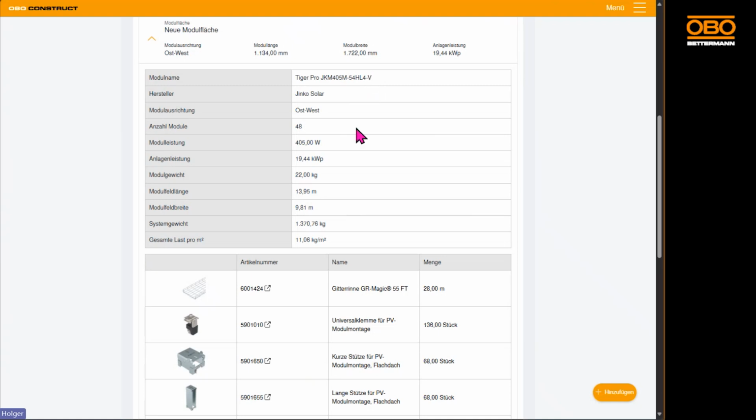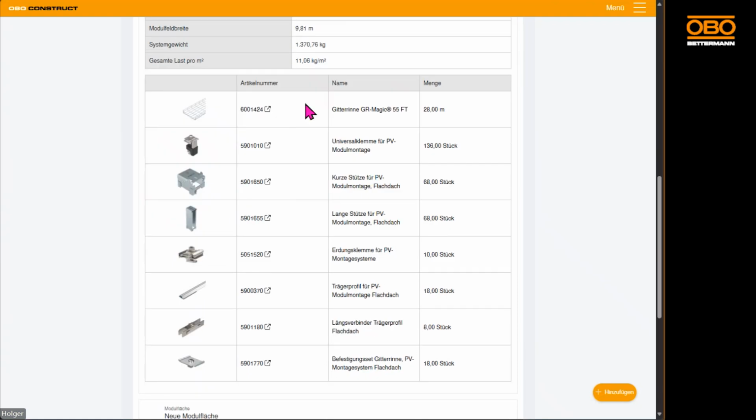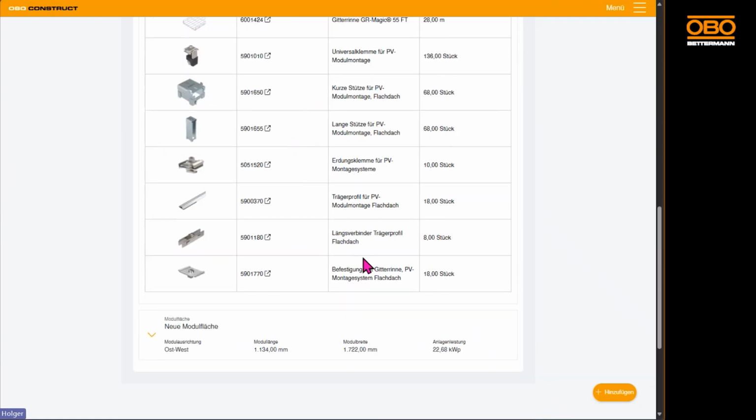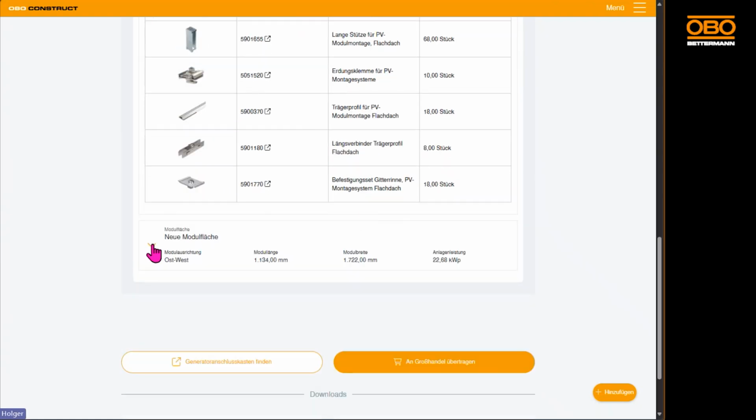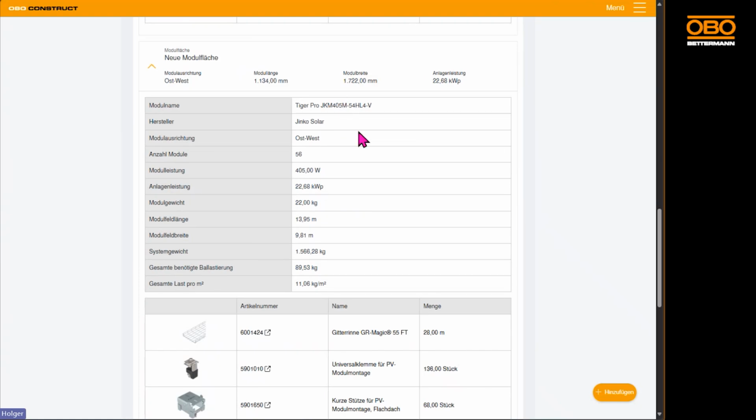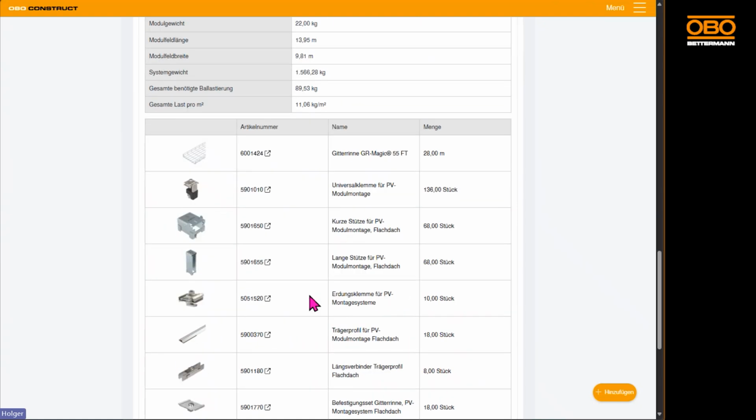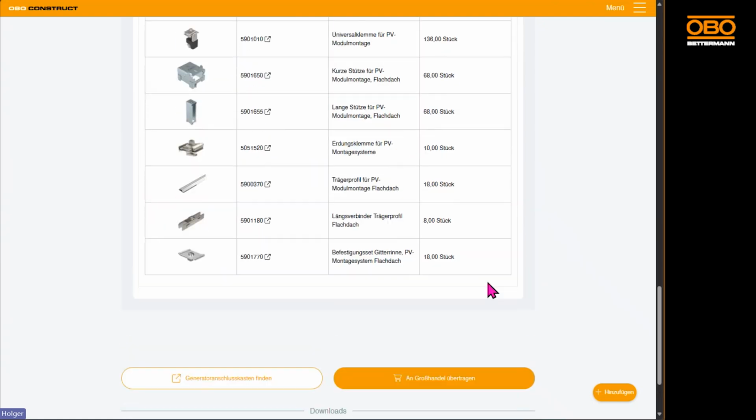I can also set up each module area individually to gather more details. Here, of course, the Tiger Pro module was used for both systems. I have 48 modules in the first module field. I have a total load per square meter of just under 11 kilos. Here, I can see again the individual items that are to be mounted on this field. And the second field looks quite similar. And here I naturally also have 11 kilos. Approximately 11 kilos per square meter,